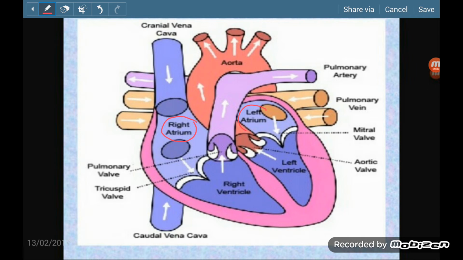Atrium, ventricle, ventricle. And with this setup, the blood will arrive from tissues, come into the right hand side of the